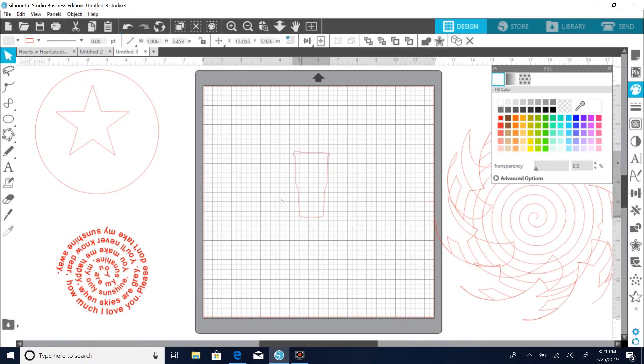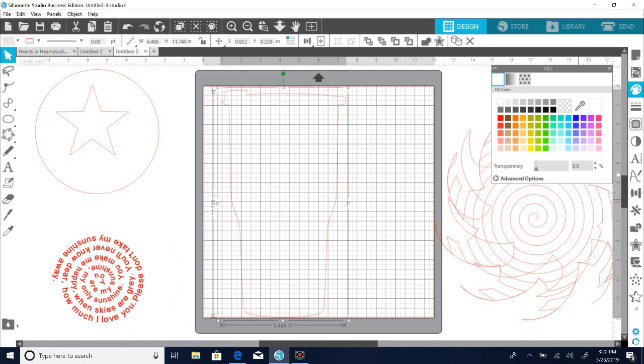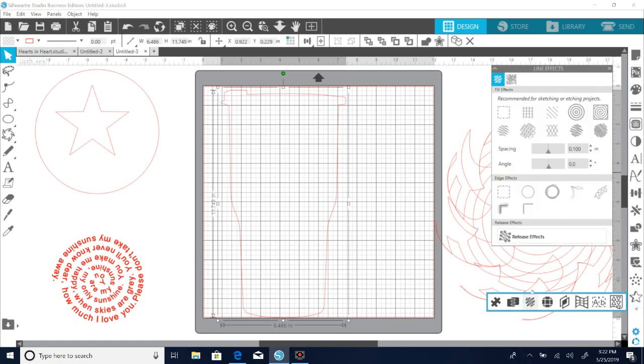Okay, so I have my cup. I'm going to make it larger because, again, I want the swirl to be pretty far apart. And if I'm going to want to really have my letters spread out, I can make it even larger. So now I'm going to take and get my sketch paddle, line effects of the sketch paddle. I'm going to get the swirl,